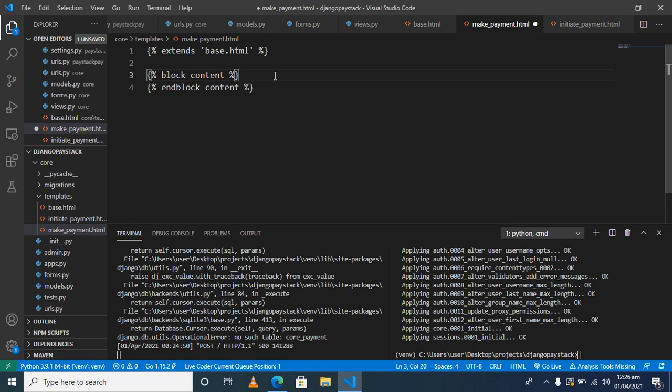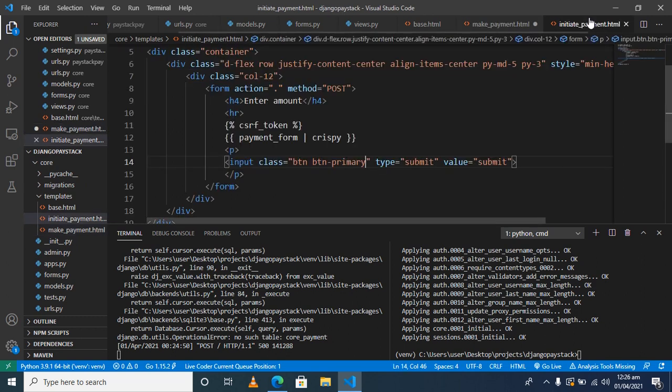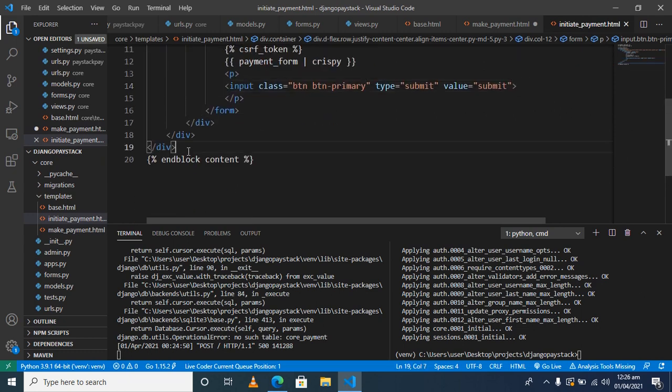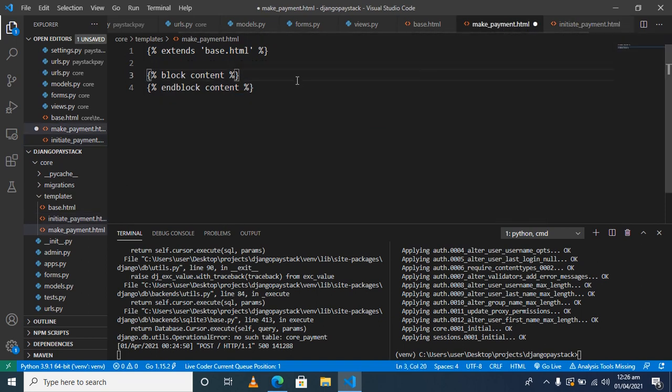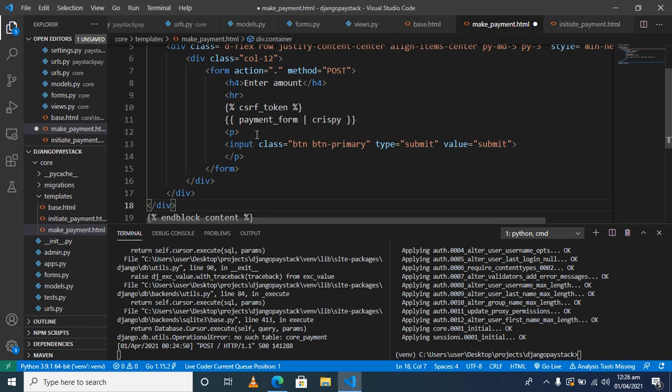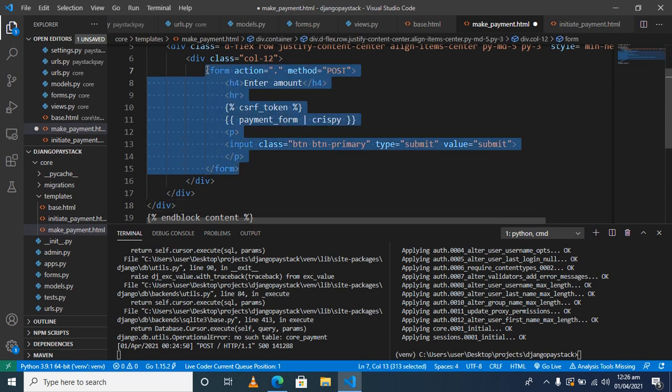So I'm going to do something similar to what I had here. So I'll just go back, copy all this because I want to have something positioned in the center. Clear out all this,